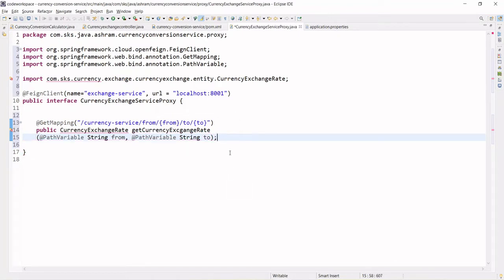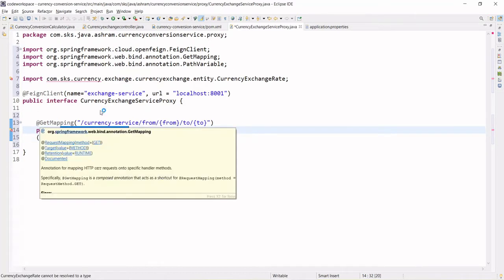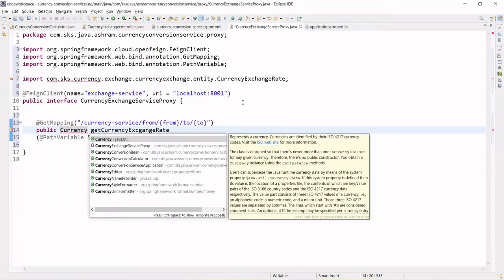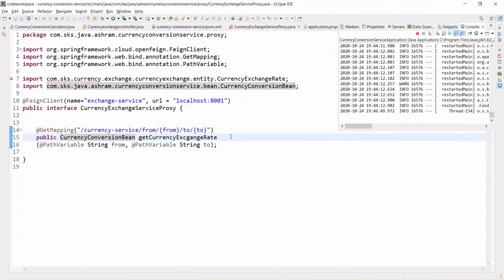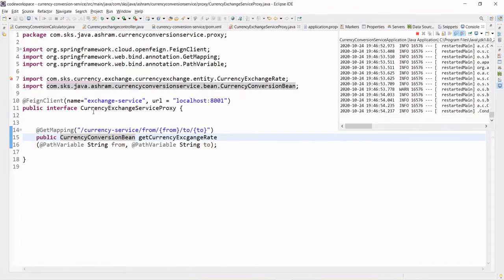Here is the semicolon, and in our currency exchange service, we have a currency conversion bean. Instead of that, this is the same API that we had in the currency exchange service.